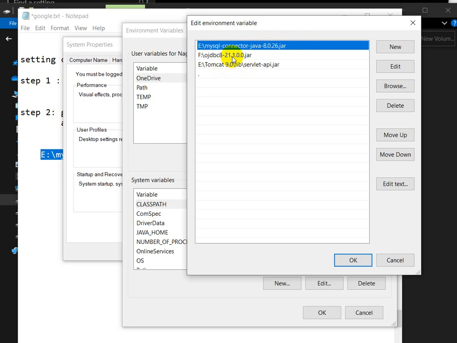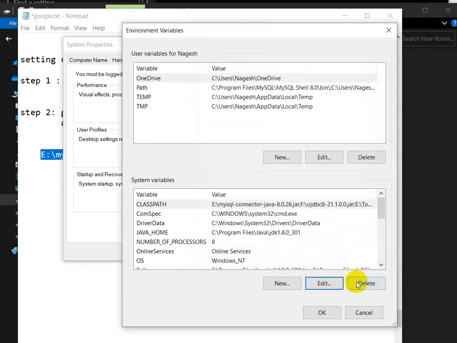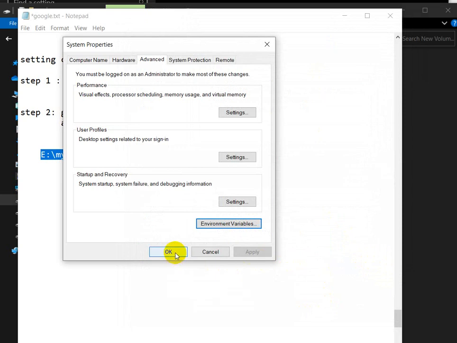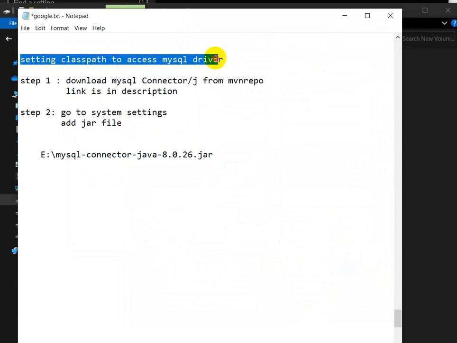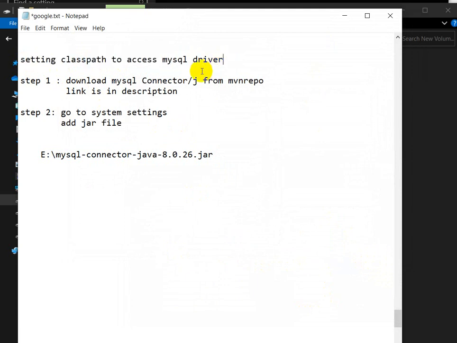I will give the link of that video in the description, but in this video we are dealing with MySQL. So I have set the class path, then click on OK. After that click on OK. After that click on OK. So you have successfully set the class path of the MySQL driver.